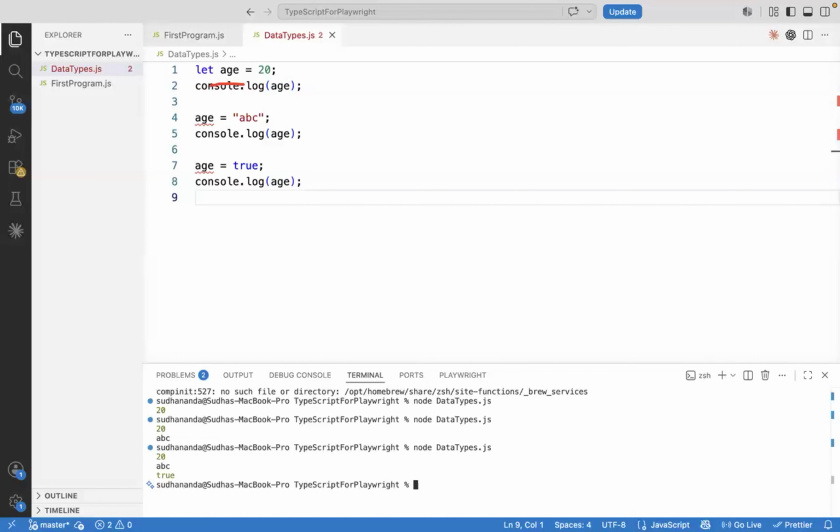This is called a weakly typed language. JavaScript and Python are weakly typed languages. What is meant by that is, in JavaScript you're not specifying any data type for the variable. You simply use let, you simply use var, you simply use const. You are not telling anything about data type for the variable in JavaScript. So that's why